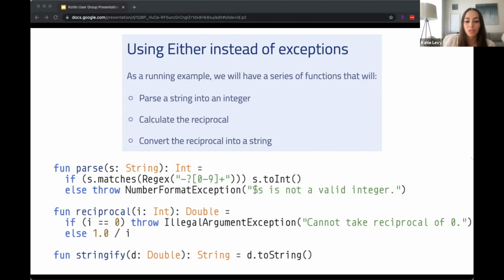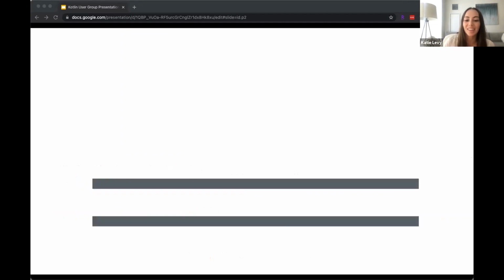we throw the exception, like when parsing and it's not parsable to an int, or getting a reciprocal but it's 0. You can't really do that. So this is what it might look like with exceptions. And then we'll show what it might look like with